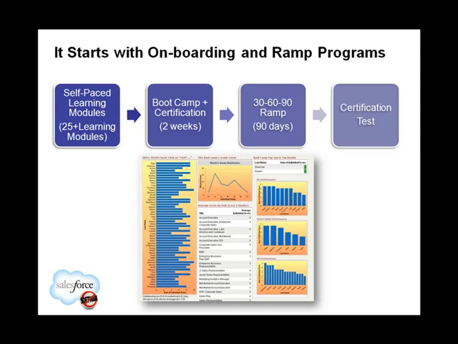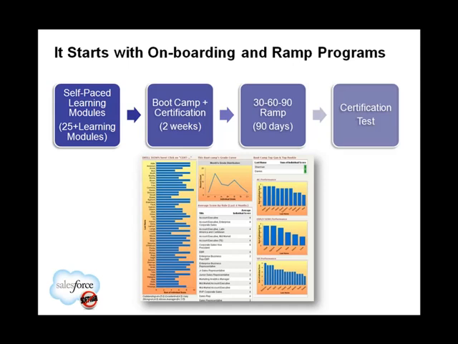Now, let me get into some of the detail here. What you're seeing in front of you is what our sales onboarding program looks like. What we do is we take all of our new salespeople across all of the sales roles through a journey. Before they join the company, they receive an email with a link to a portal with a number of self-paced learning modules, so that they can get started on the right foot. And before they're able to join our boot camp program, which is an intense hands-on, roll-your-sleeves-up group exercise program, it's pretty intense, 2 weeks actually,